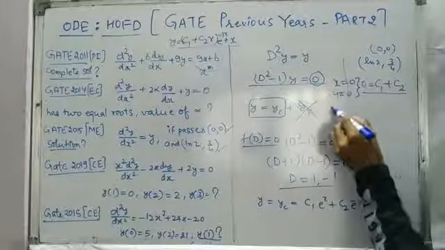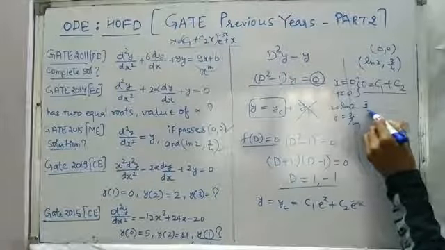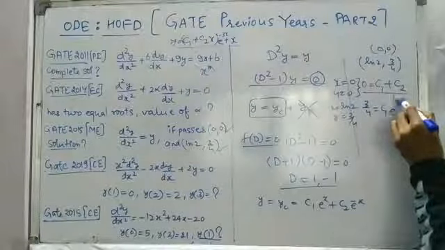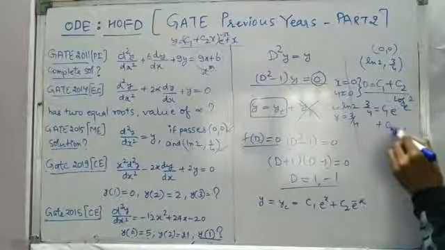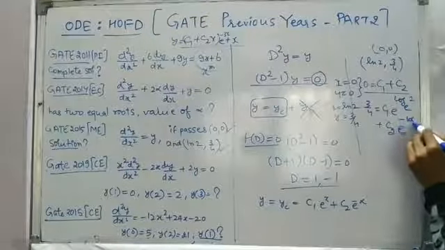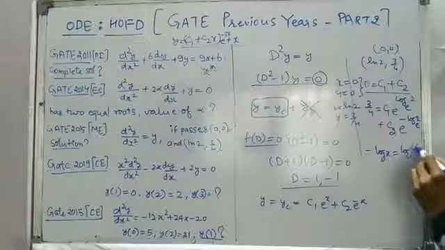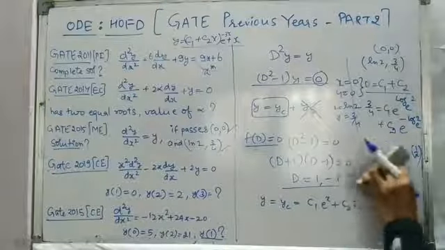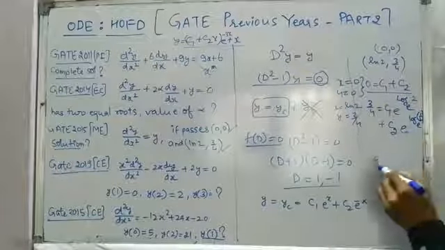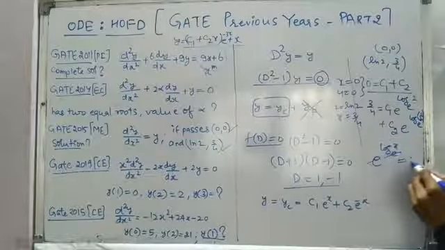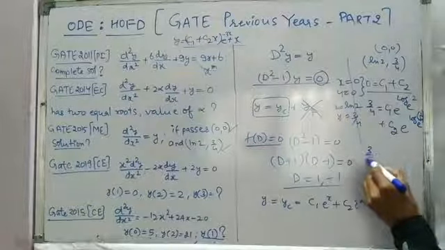And from the second condition, at x equal to ln2, we have y equal to 3 by 4, right? So 3 by 4 is equal to c1 e power ln2, where ln is nothing but log base e, so ln2 is log base e 2, plus c2 e power minus ln2, so minus log 2 base e. And we know that minus log x is equal to log of 1 by x. So this minus log 2 I'll write as log 1 by 2. So e power log x base e, the e gets cancelled, and we have x.